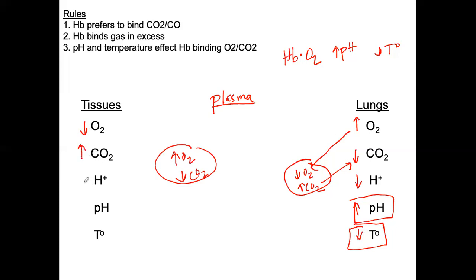If CO2 is high, what can we say about H plus? H plus is high, right? So there's protons. And if there's protons, what can we say about pH? Excess protons is going to acidify that tissue, and that is going to decrease pH, right? Because it's acidic. On a separate note, what happens to temperature? We're going through metabolism, so temperature is going to increase, right? We're breaking bonds, we're contracting muscles, or the tissues are going through metabolism, and so temperature is going to be